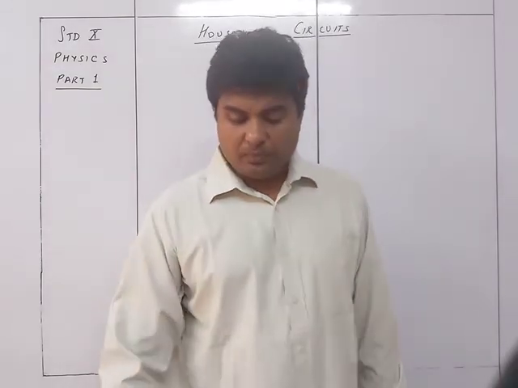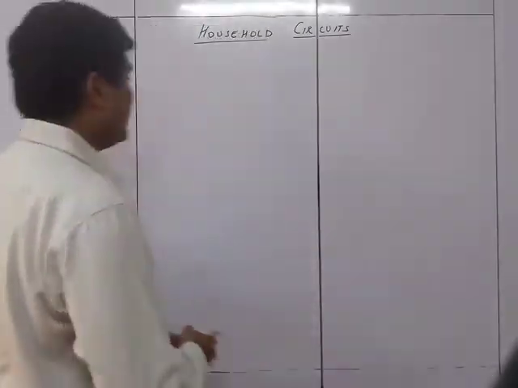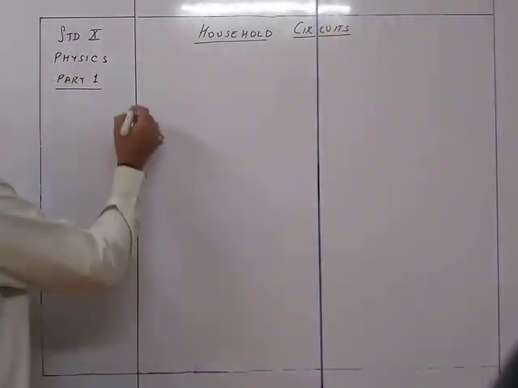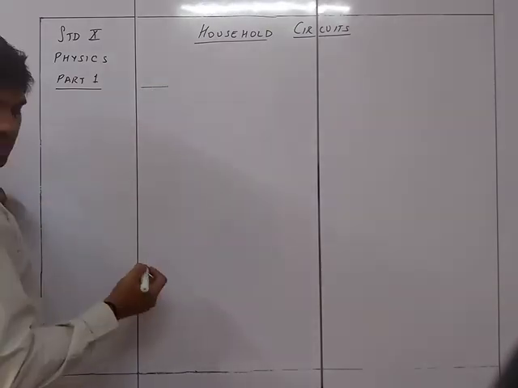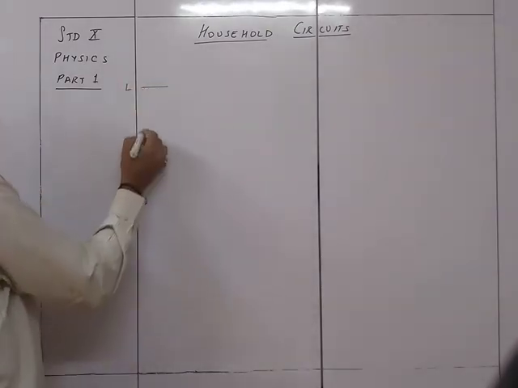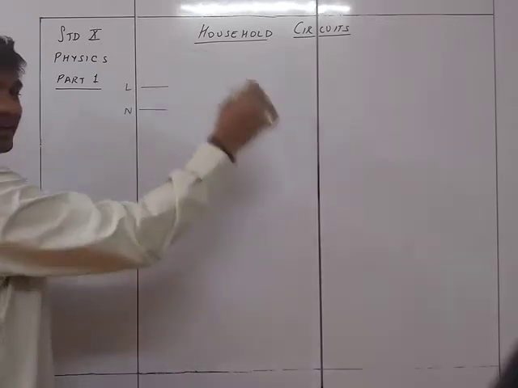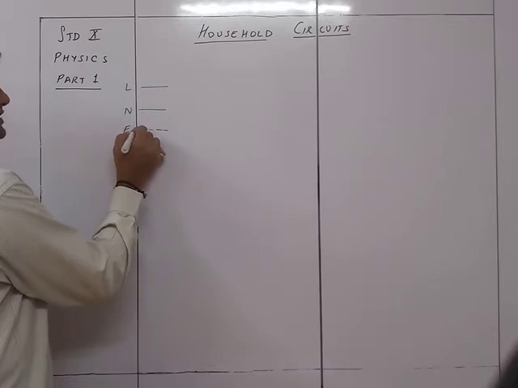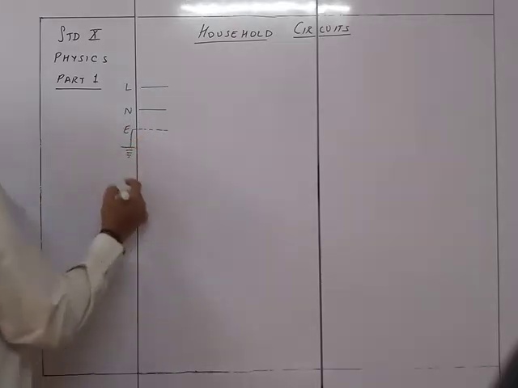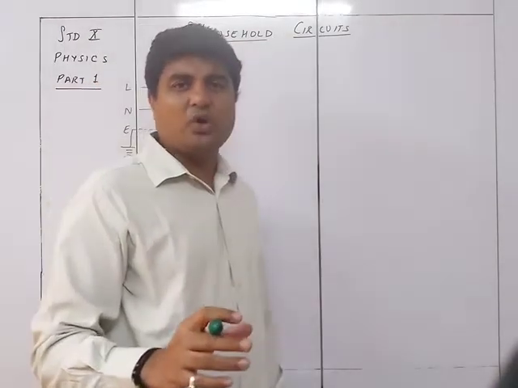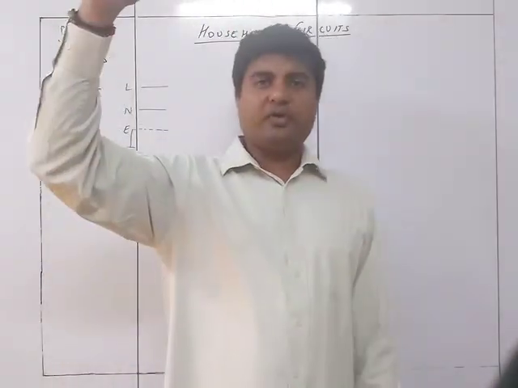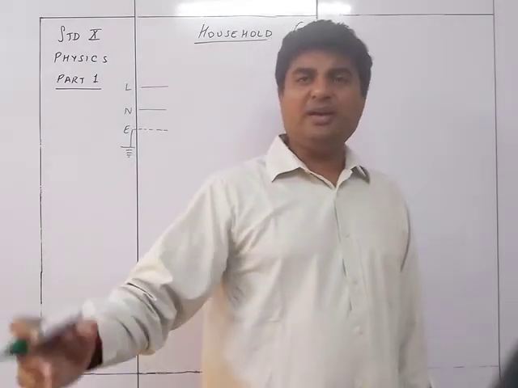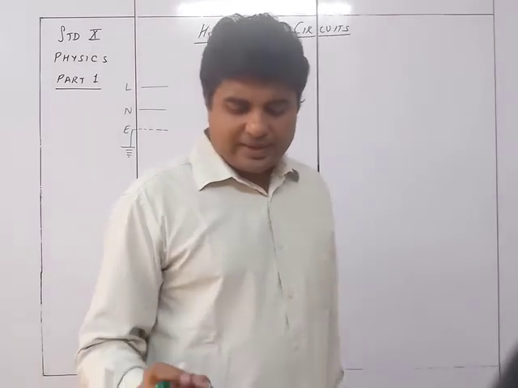And so normally how it takes place is this way, that from the substation there are two wires coming. So this one will be coming from here, which will be the line wire. The second one will be the neutral wire, which is actually the return path, and near to that will be connected the earth wire, which is actually done very close to your house itself. So earthing is not going to be traveling all the way to the different locations. Earthing is normally the one which is connected directly to the earth nearby your house. So those are the three wires.